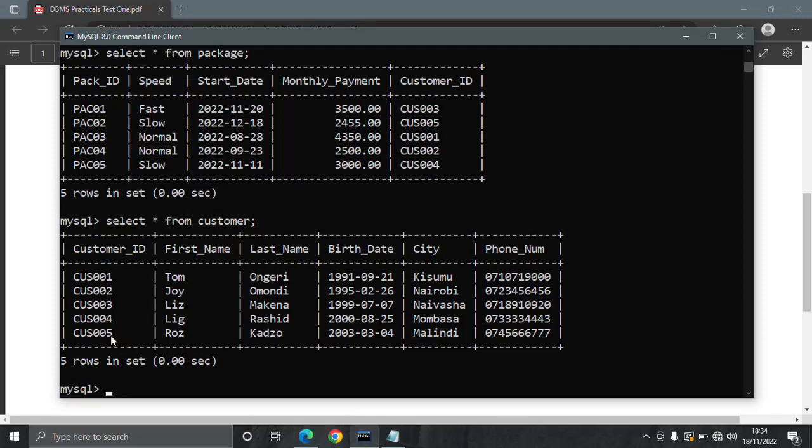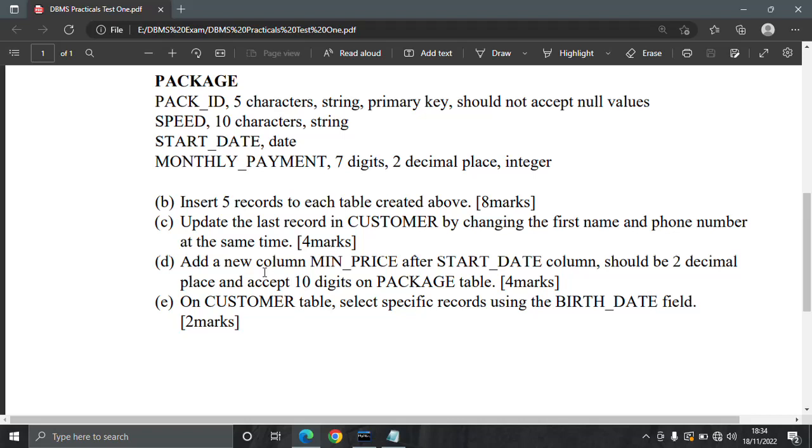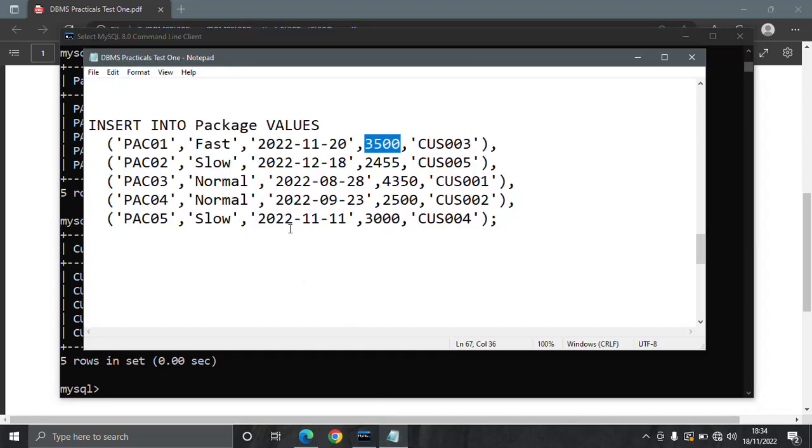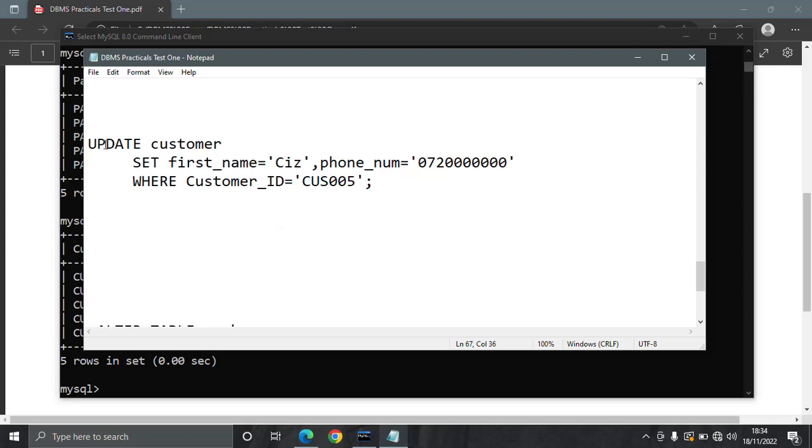The last record here is customer 005, and you're being told to update it by changing the first name and phone number. So we need to change this first name, which is Rose, and phone number, which is this one, to something else. To implement that, you simply use this, where you update customer table, then you set the new values. You have to be creative and put new values, where first name we are giving C's, then the phone number